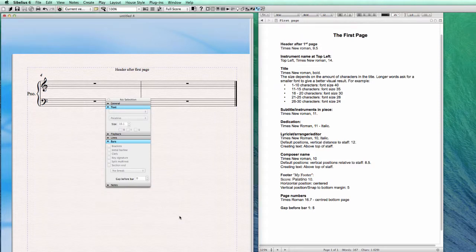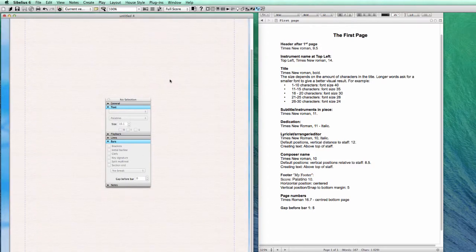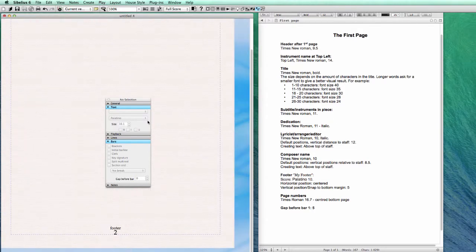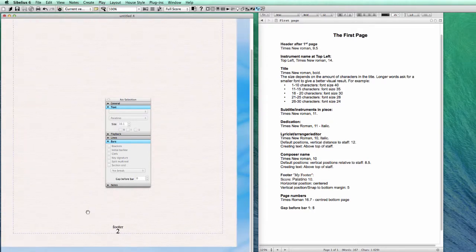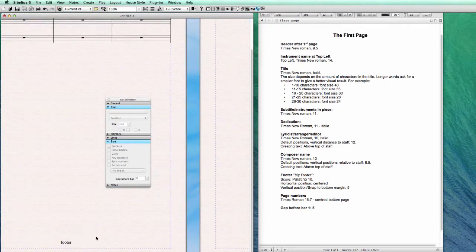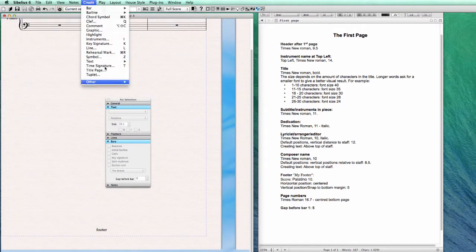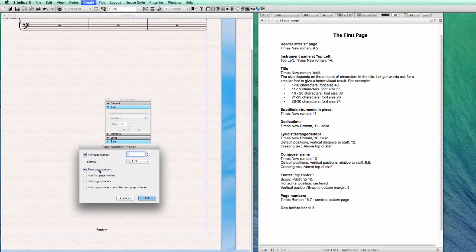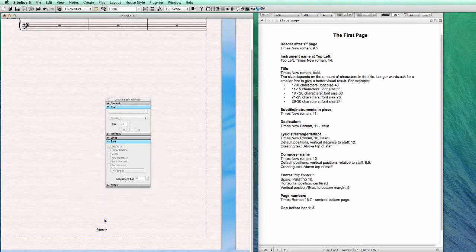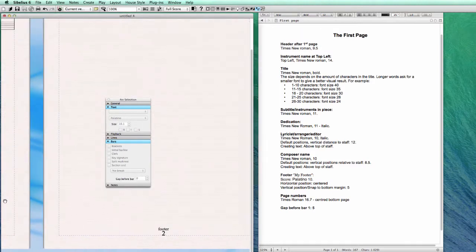And now the page number here is gone, and there it is at the bottom. And because it's set to hide on the first page, it will not show here. And you can change it if you want to create other page number chains. You can show page numbers, starting page number 1, and you click on the first page number, and there you have it, on the first page. Okay,